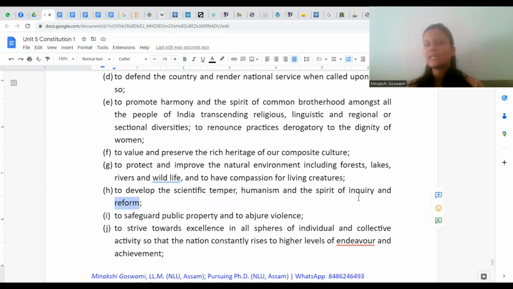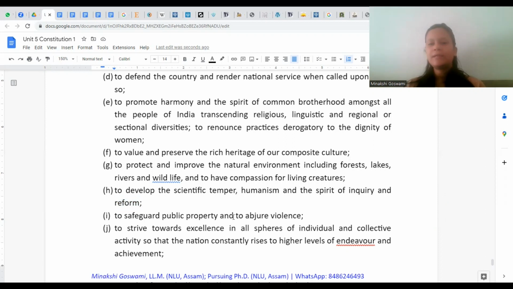In the same way, the sati system which used to prevail, with the help of reform only we have got rid of it. Child marriage, with the help of reform we got rid of it. Dowry is something we are still dealing with, still fighting back. So these are nothing but we need reform, and that is also a fundamental duty on citizens